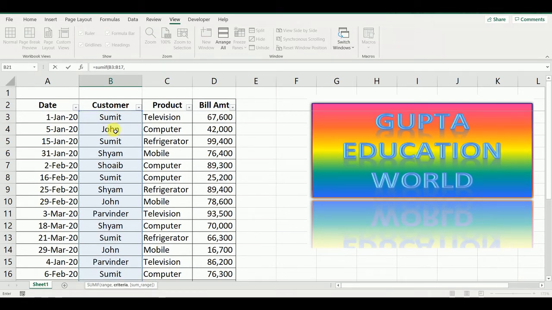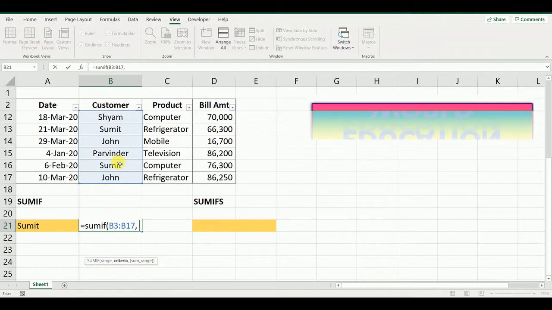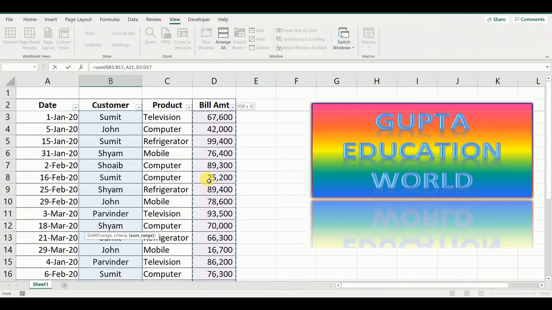Now we have to give the criteria. So here two ways are there to give the criteria. First we can select from this, and we will type comma. Now we will give the sum range and bracket close.